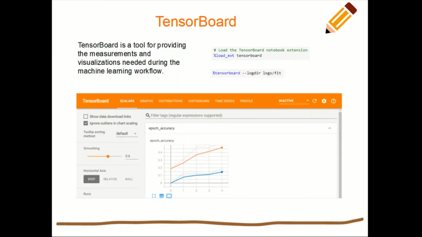TensorBoard is also extensible because there is a concept of a plugin. So you basically have a plugin for different things. There is a plugin for the What-If Tool and a profiler, and we can use all those different plugins and do a variety of things with the captured data, right?